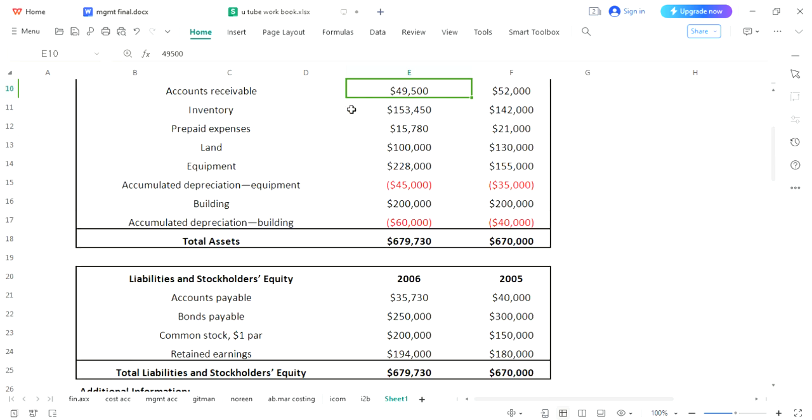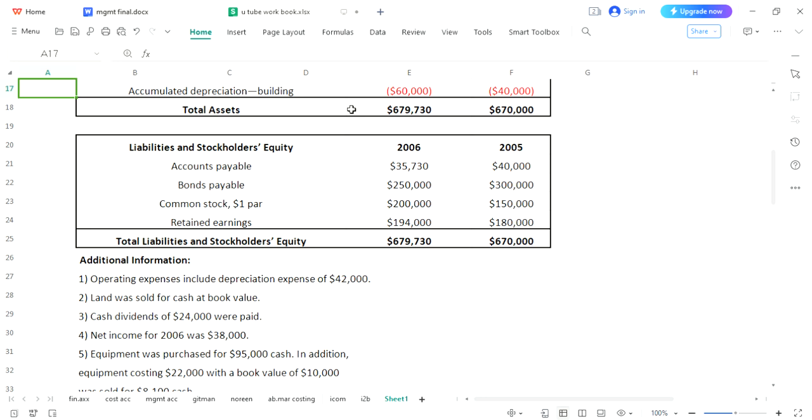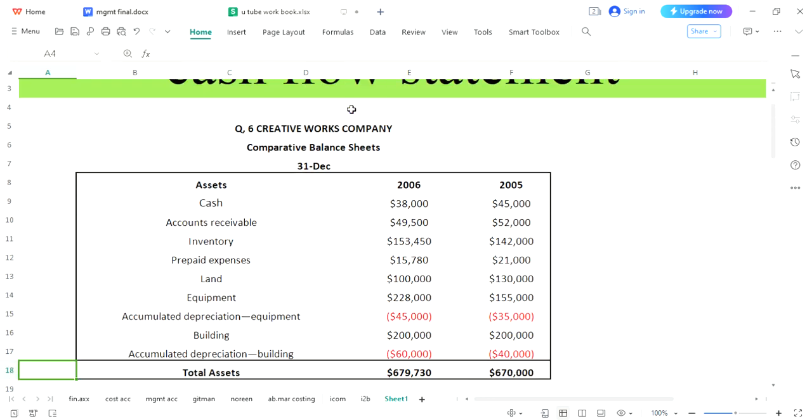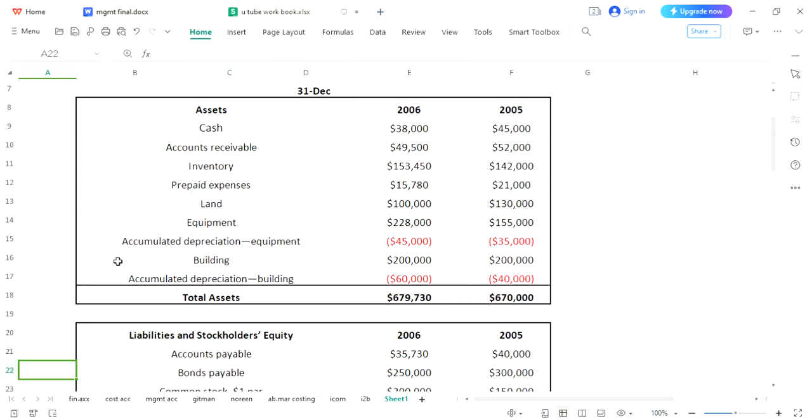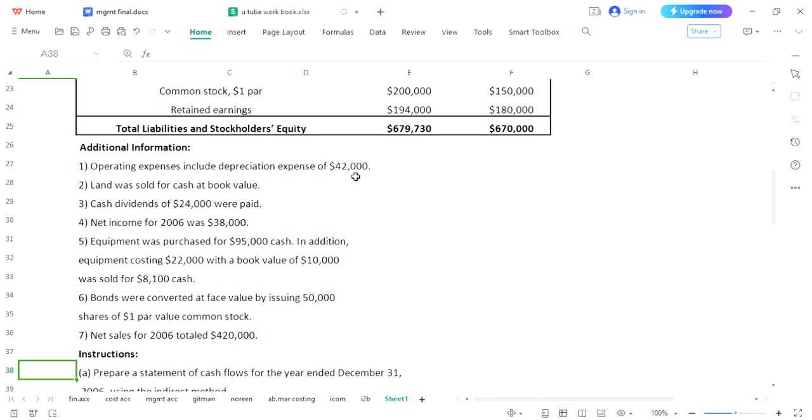So please note it down. If depreciation is provided clearly in your adjustment, you have no concern with accumulated depreciation and accumulated depreciation building, so you will ignore it. Why? Because the total amount of depreciation has already been calculated in the question and given in your adjustment, so you will be concerned with this.